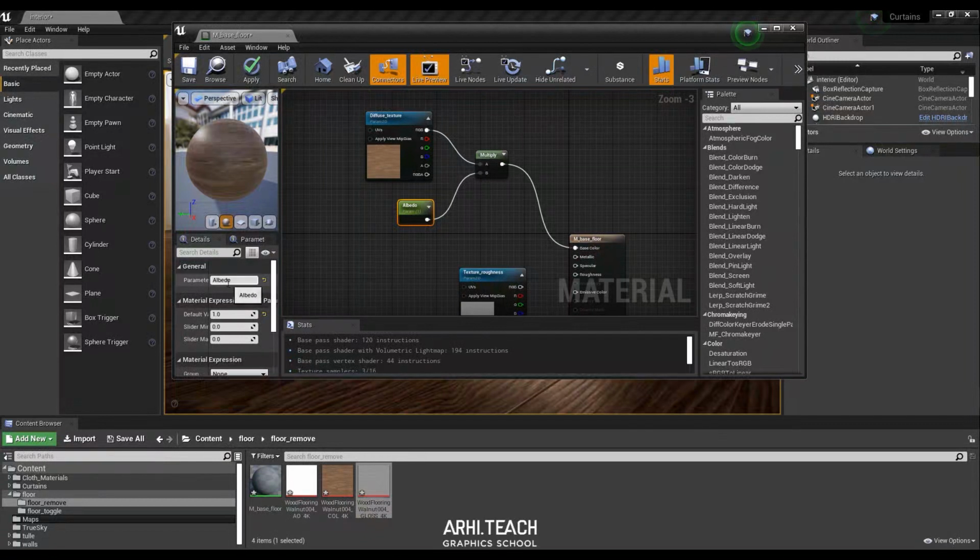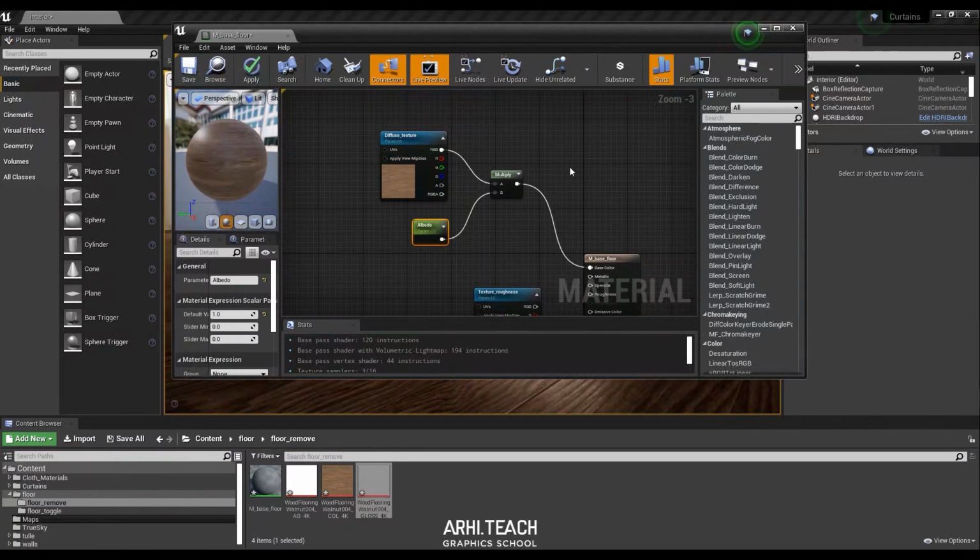Already loaded, right? We go to albedo, then I can set, for example, more than 1, and the texture will become lighter. Do you see what's happening here? If the value is 0, then it will be completely black, as I said. If a little more than 0, or any value higher than 0, but lower than 1, then it will be darker than the original texture. When the value is 0.5, for example, it will be twice darker. A value of 1 is the original color. More than 1 means lighter than the original.